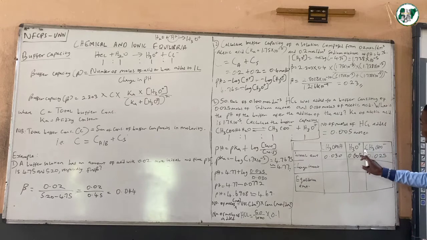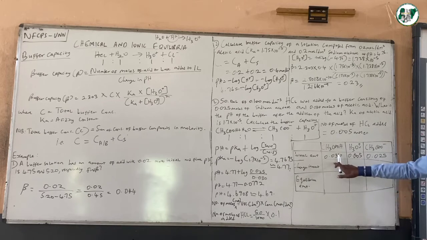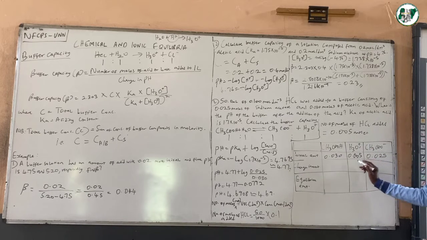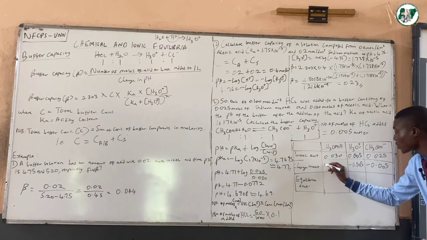So we are going to be working with same ratios. Since we have 0.005 of H3O plus and we have 0.025, this one is higher than this. So the limiting reactant here happens to be H3O plus. This one will finish before this is finished. So this is our limiting reactant, so it will determine the amount of this that is produced. So 0.005 will be used up. So the change in amount now is minus 0.005. And then the amount that will be used up here automatically will also be minus 0.005 because this will react with this, thereby decreasing the amount of the conjugate base that is available. Meanwhile, this guy is going to increase by 1 also, so we're going to have plus